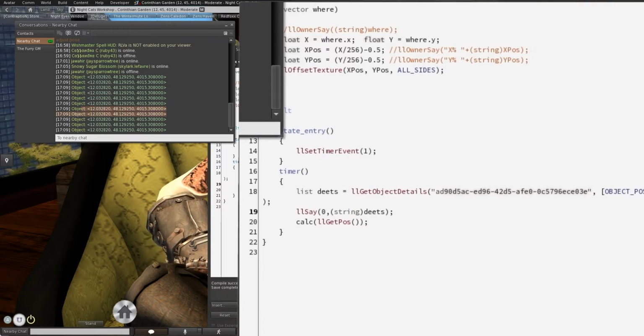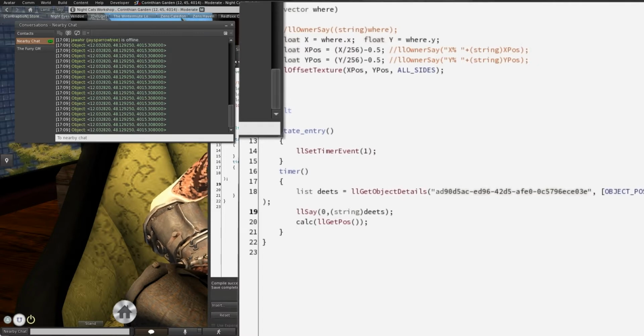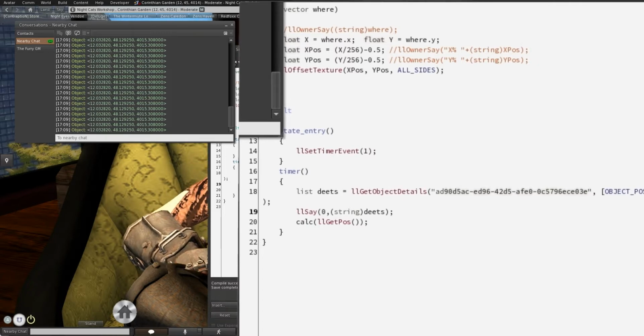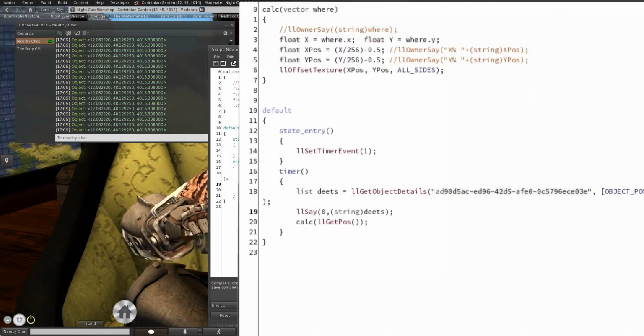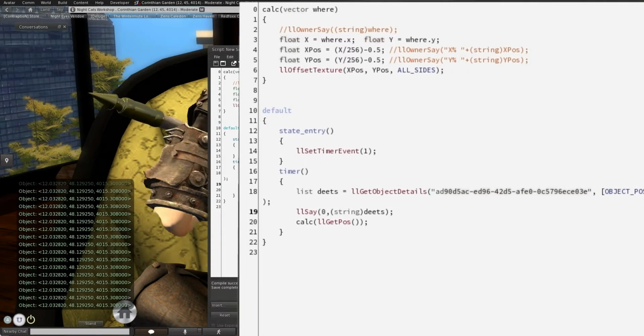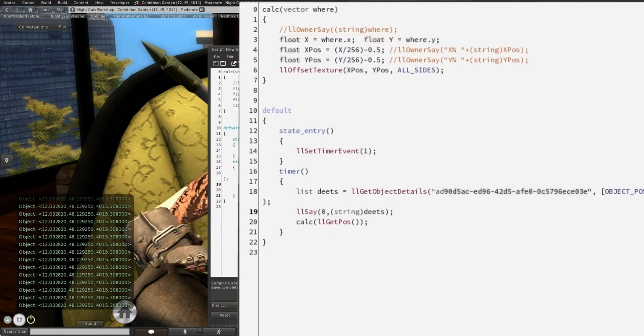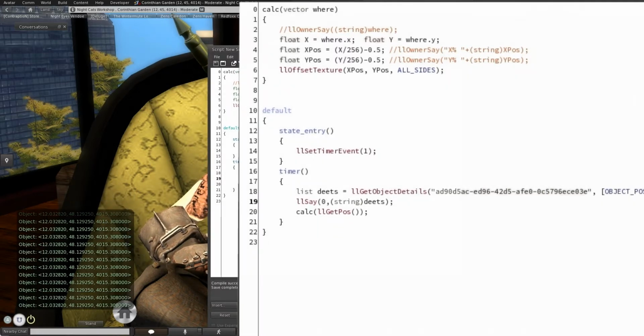To us, this is the vector right here. However, that is not how the system recognizes it. As far as the system is concerned, this is a list. That list, however, has only one item in it. So, what we're going to do is we're going to now make a conversion